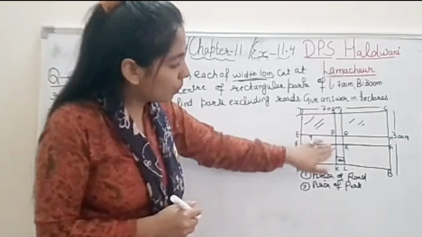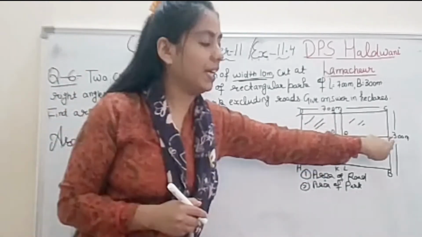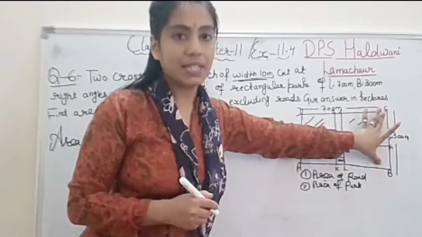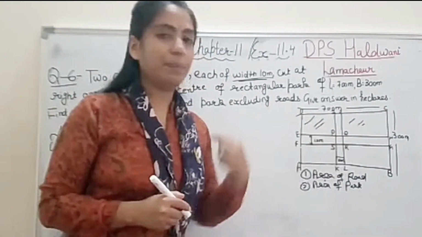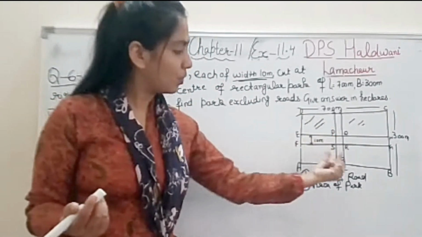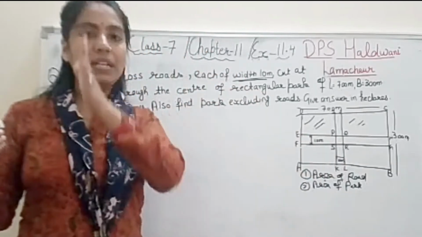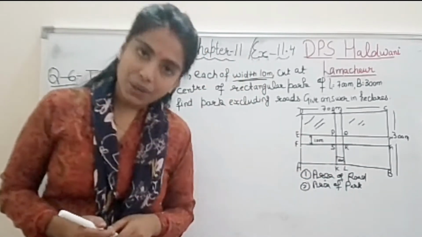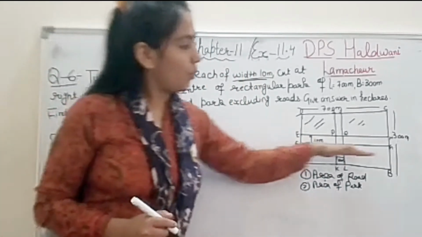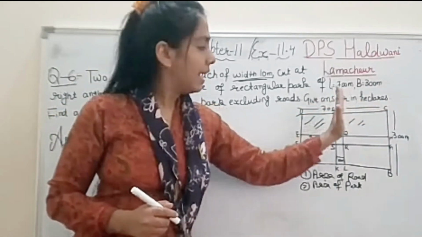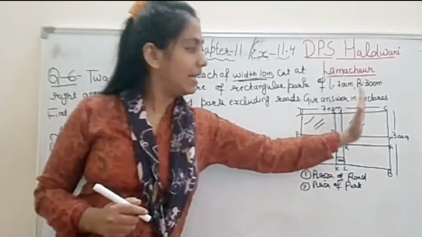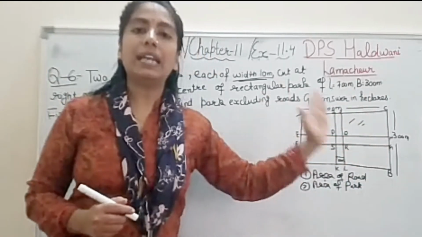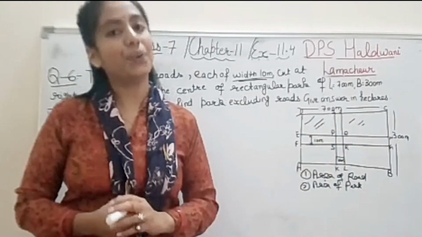What about this road? Its length is 300 meters, because 300 meters is given to you, and the breadth is 10 meters only. Right student? Because 10 meters wide is given from each side. I hope you got it. This road is parallel to this side and this road is parallel to this side. So whatever length and breadth is given to you, that will be the length for a particular road.